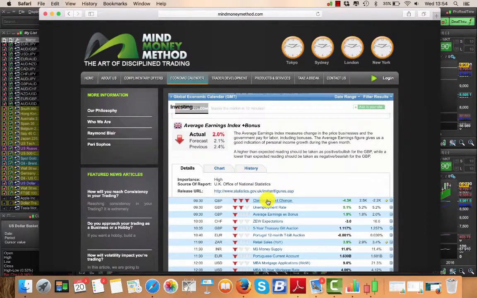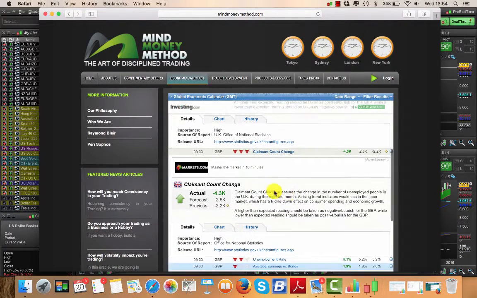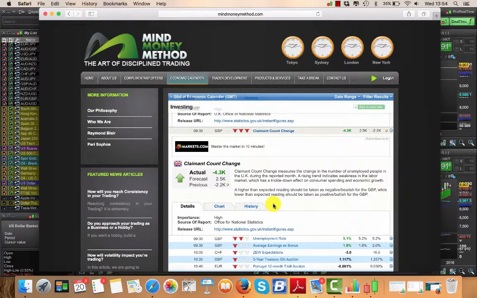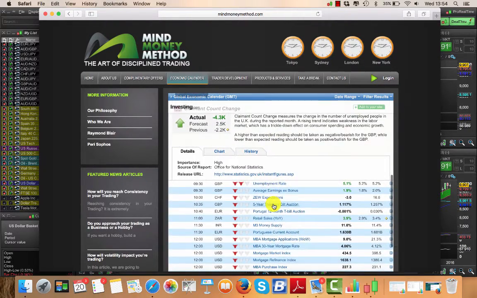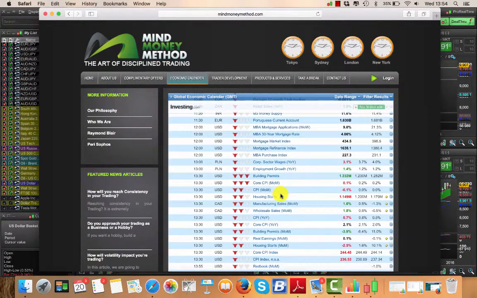Then there was also the same thing with the claimant count change, and that gives its explanation and its forecast. So one could offset the other, depending on the currency, and one could be negative or bearish, the other bullish, bearing on that particular currency. So at 1:30 UK time, because it's set to the UK, where I'm based, which has just gone on, for the US dollar there's building permits and the core CPI, and these are 2 big news announcements.